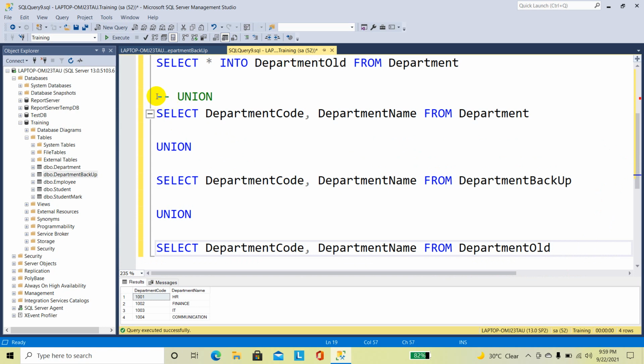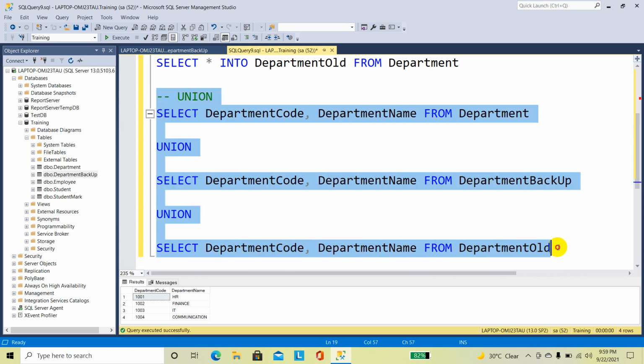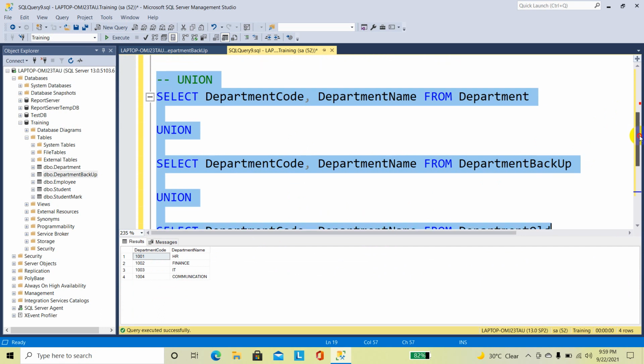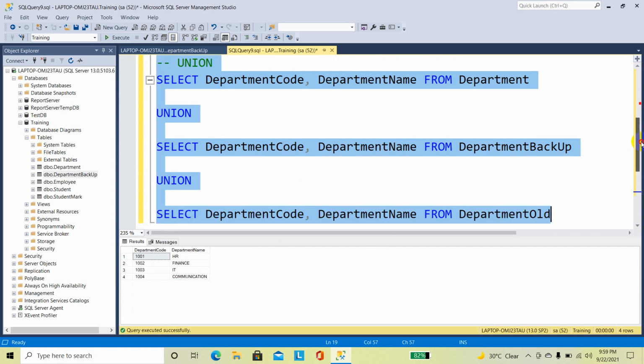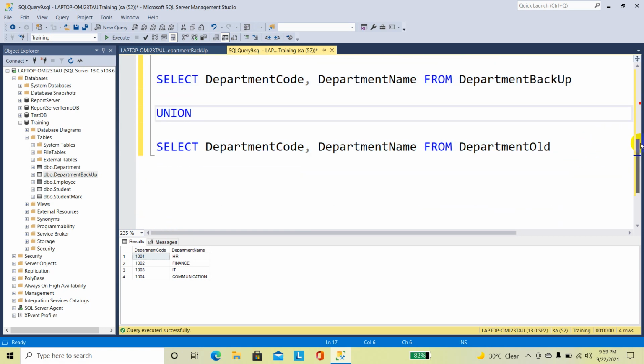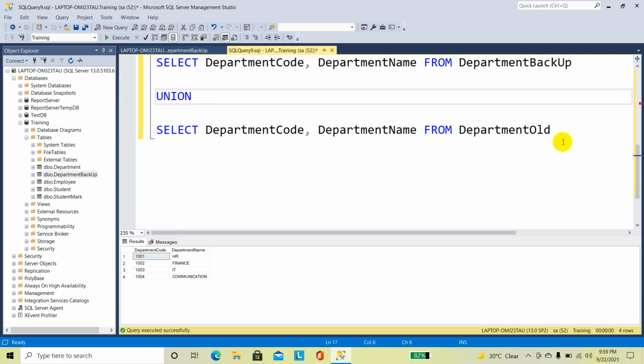And I am going to execute these statements and I got only 4 records. So you can apply union for 2 tables or more than 2 tables. Next, we will see the union all statement.